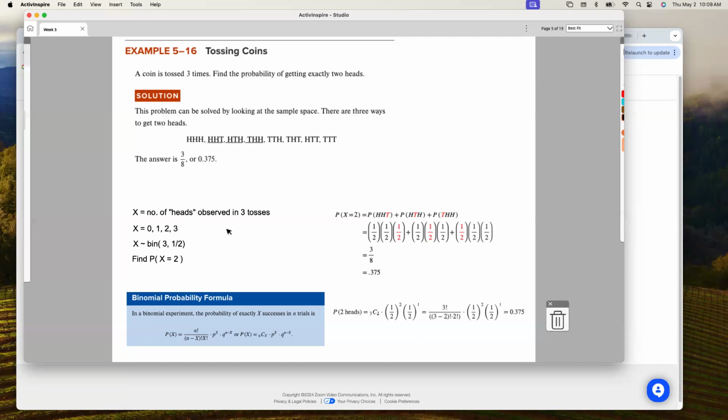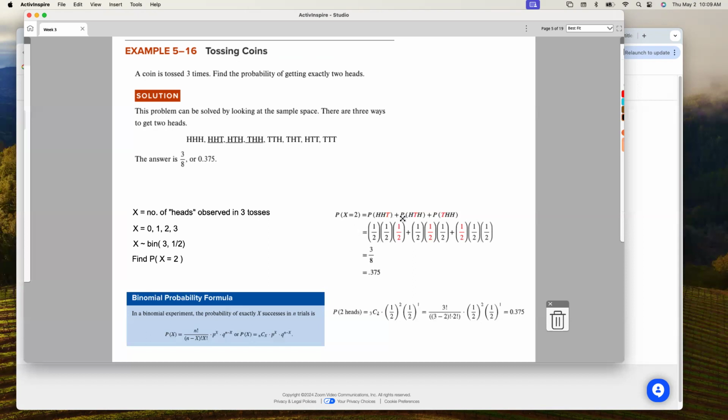Now, if we look at this in terms of the binomial, I'm going through this really fast. I usually spend a little more time on this teaching a more traditional course, but this is abbreviated or non-traditional, so we're going to do this really quick. If I found the probability of getting 2, notice there are 3 different ways. Since these are independent and mutually exclusive, in other words, they can't happen at the same time,